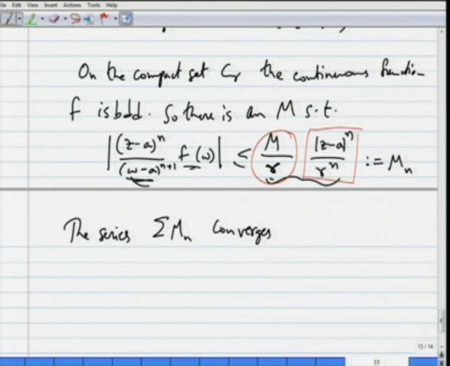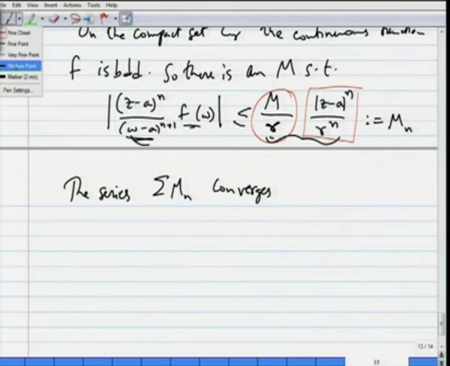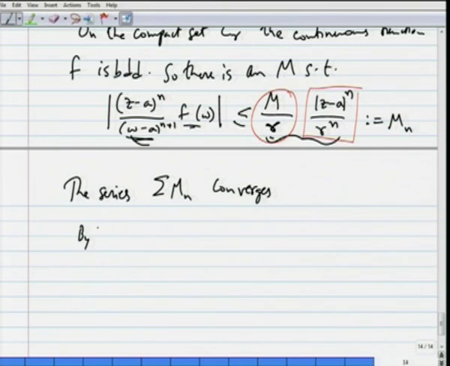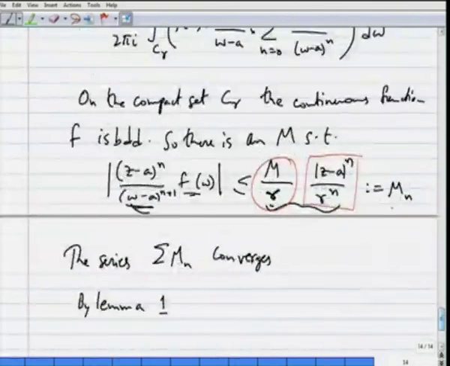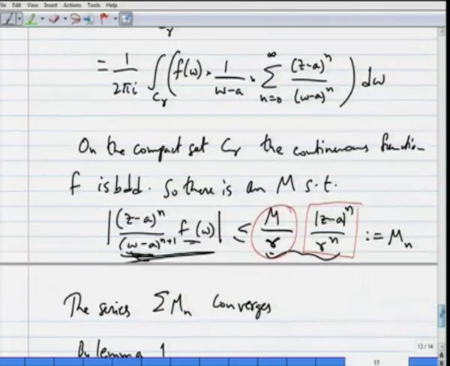When we sum up sigma m n, we have a constant times a geometric series, and that converges. Okay. So, now by lemma 1, therefore, we have sigma m n converges, and this thing is less than or equal to m n for all n,